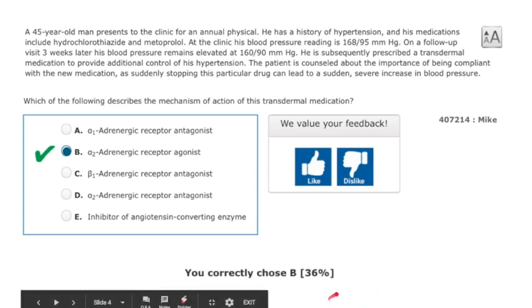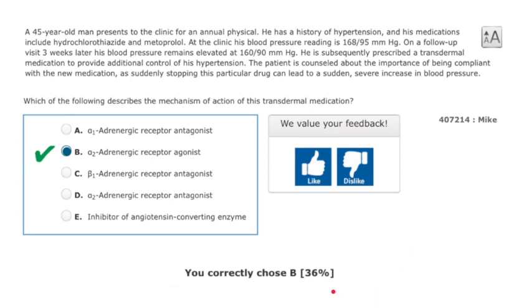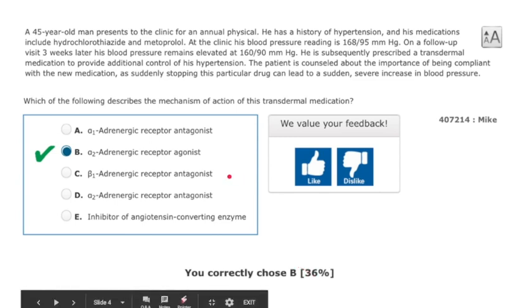According to USMLE RX, 36% of students got this right. So this was a very hard question, one that you wouldn't be able to answer unless you knew that clonidine is a transdermal patch and metoprolol is an oral medication, which is something they don't really talk about in class. Last year we actually asked this question to the class, and every single person put their hands up for C. It was very funny because I was tricking them on purpose,